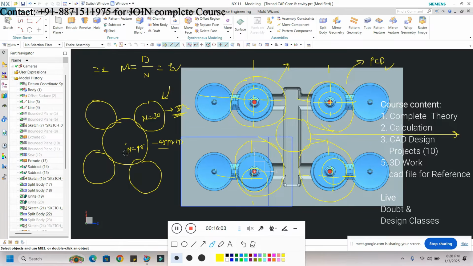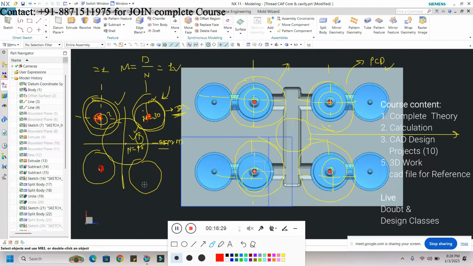So here first of all we have to select the appropriate gear, depending upon the position. For example, I am placing the first gear in the center and the second, third, fourth and fifth gears at these positions. So I will get this PCD, which I am marking in red.